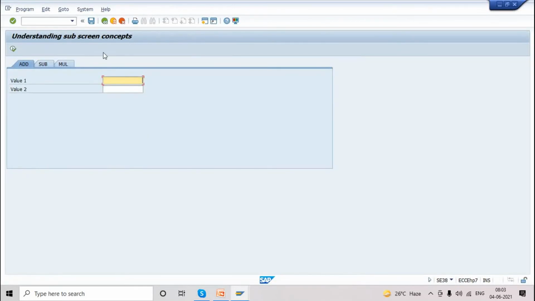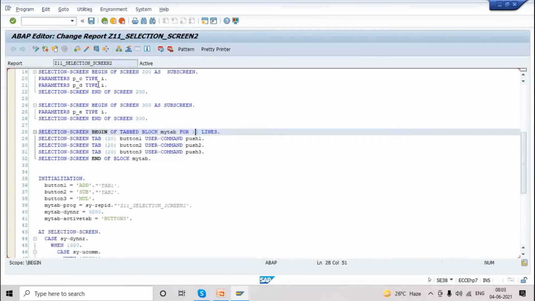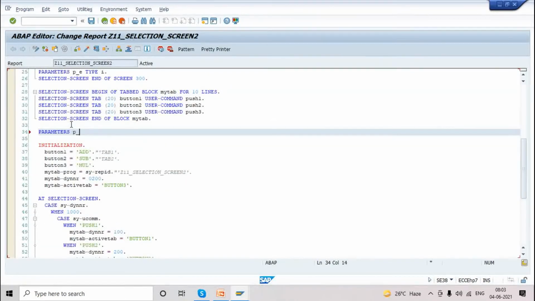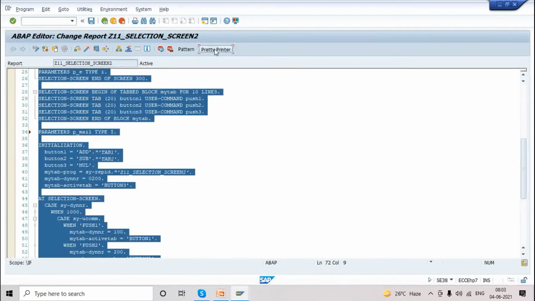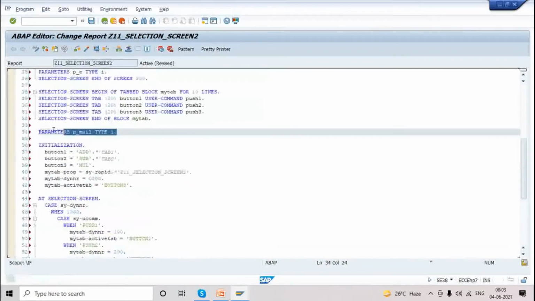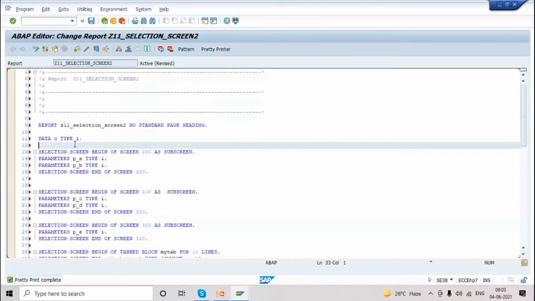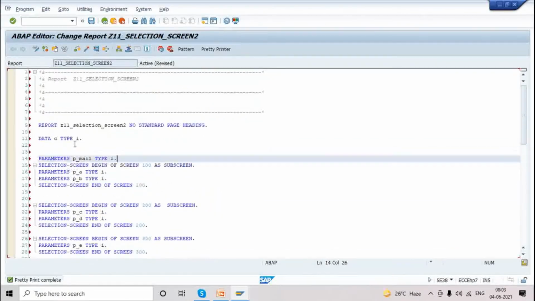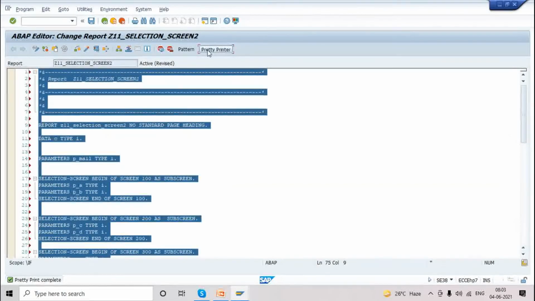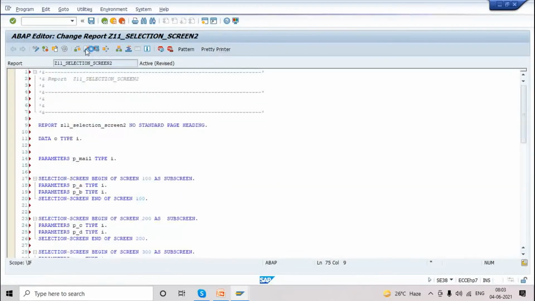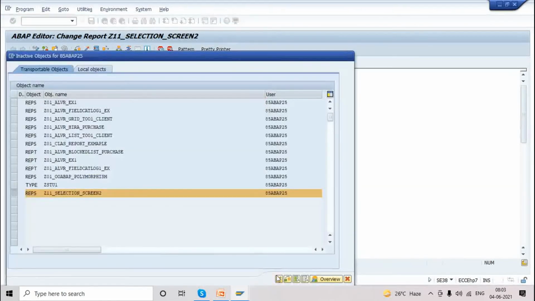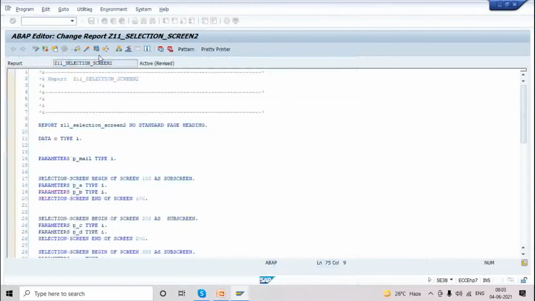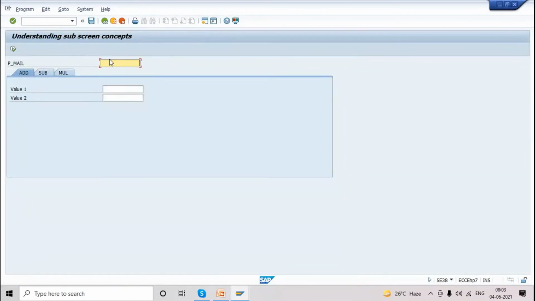10 lines, because sometimes a requirement might come after this tabbed block. So if now I write here parameter p underscore mail type 77, or before this, you can see a single input here.